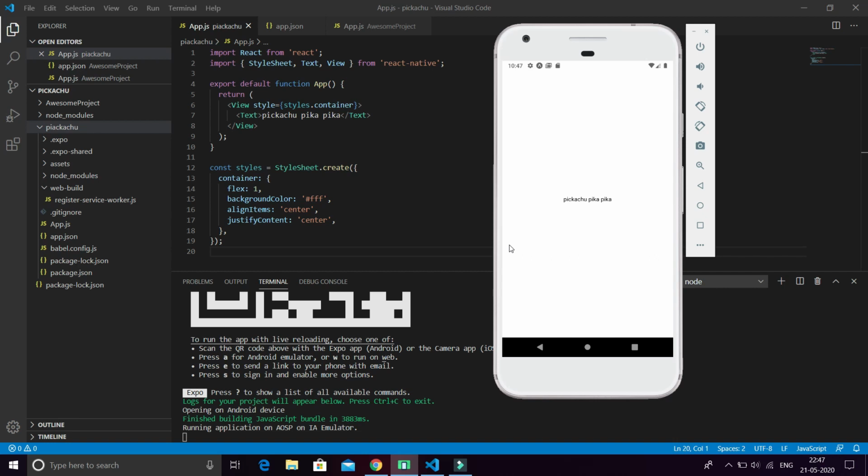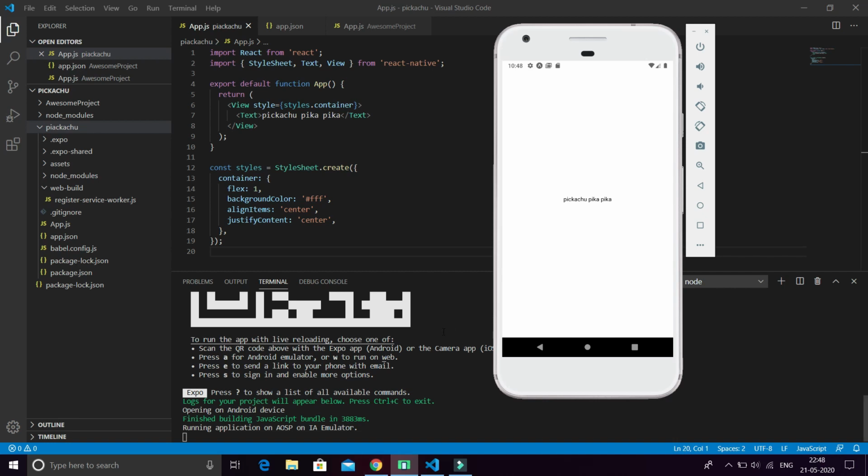I will tell you about React navigation and how you can navigate between the different pages of the app. As in the last video, we made some basic changes and made the first app using React Native, and let's get started for this second app. In the last video we made Pikachu Pika Pika, and we can do this by the navigate button and all. Okay friends, so let's get started.